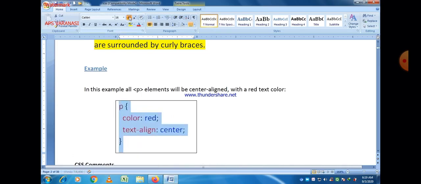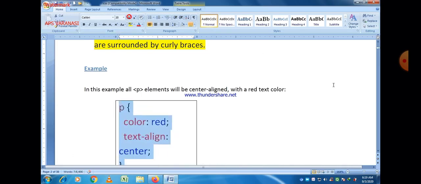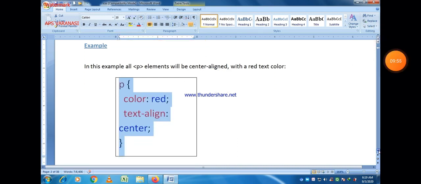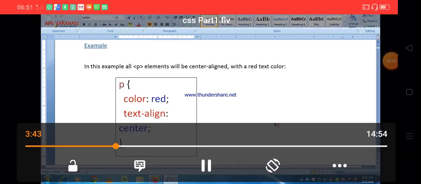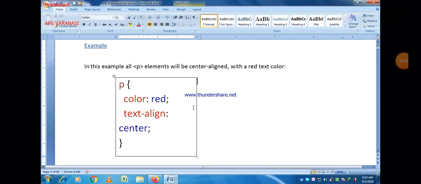So this is a simple example of CSS. You can easily see here, all these properties are applied on the paragraph tag.